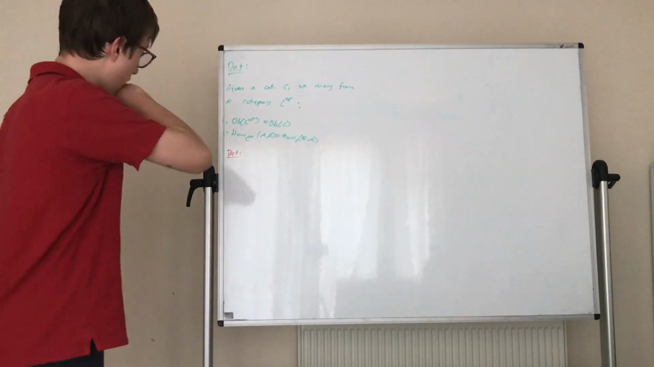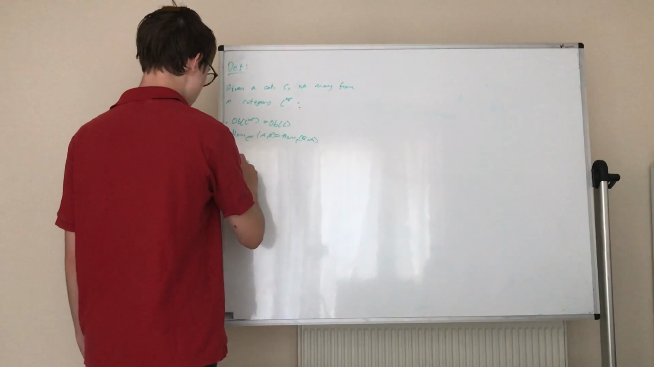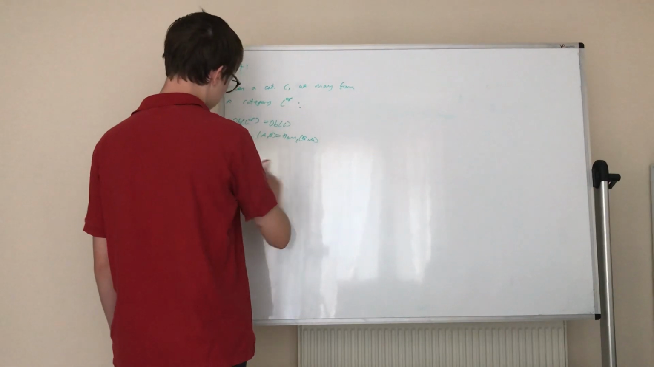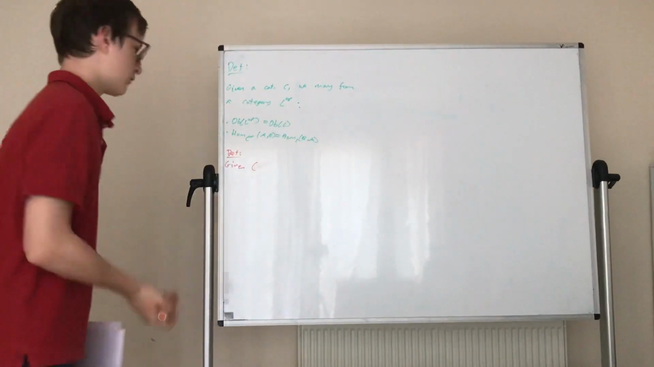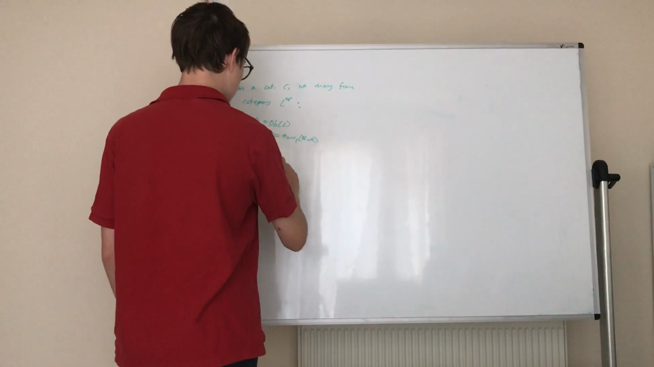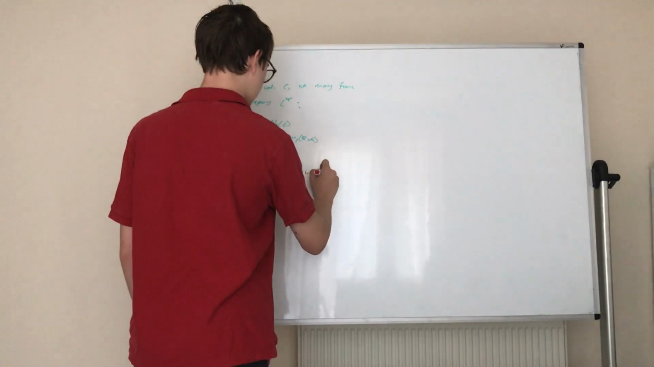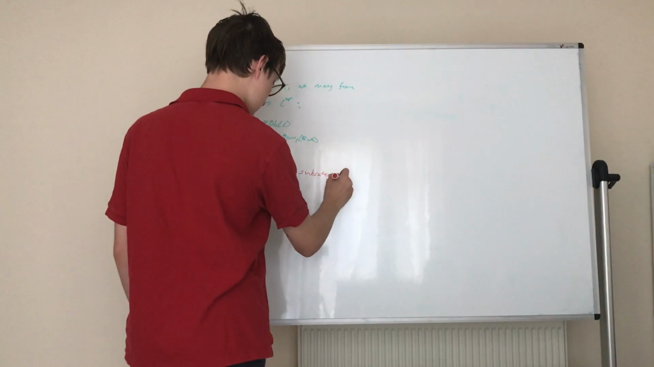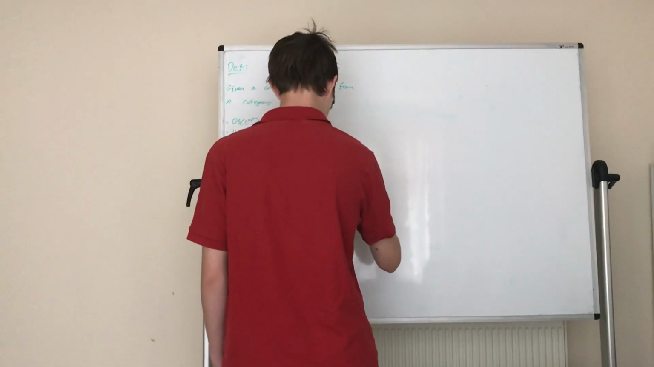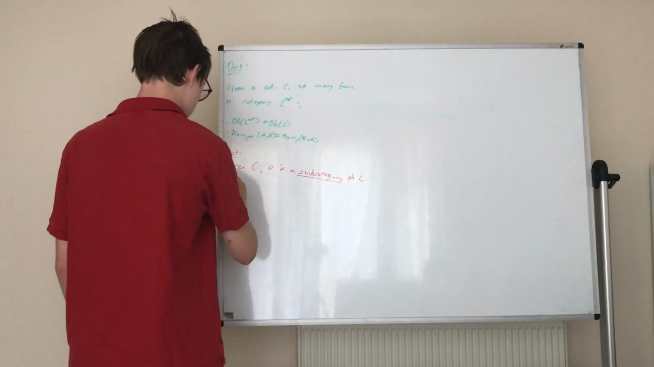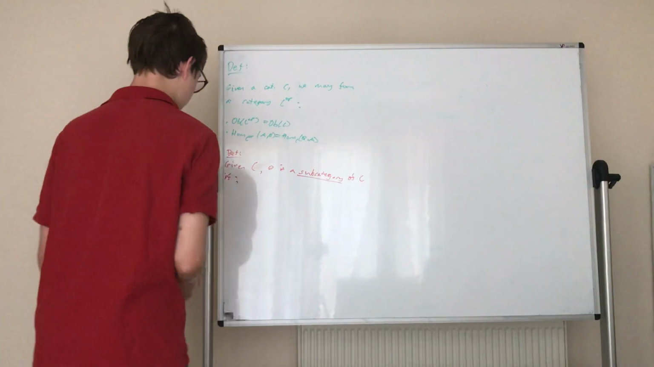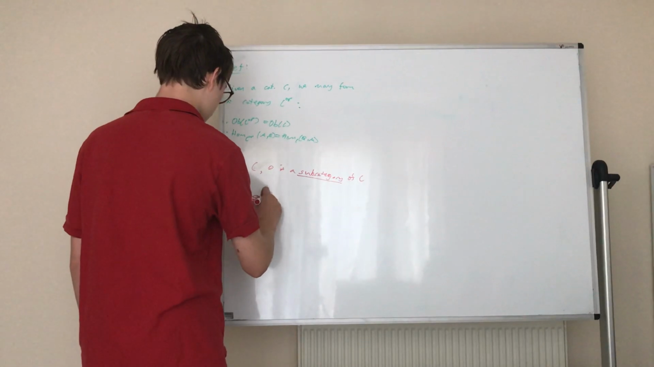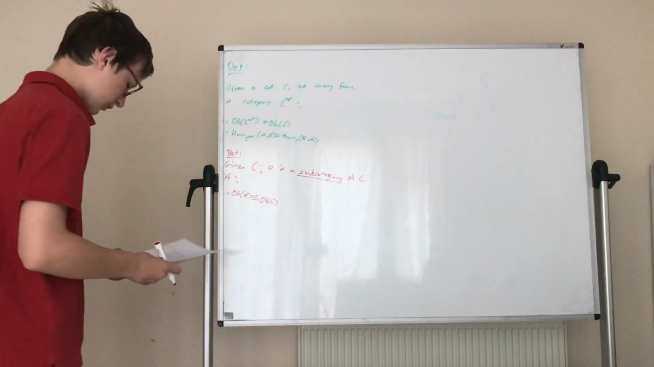Okay, so now we go on to subcategories. Given categories C, we say that D is a subcategory of C if the objects of D are a subset of the objects of C, and we also have that